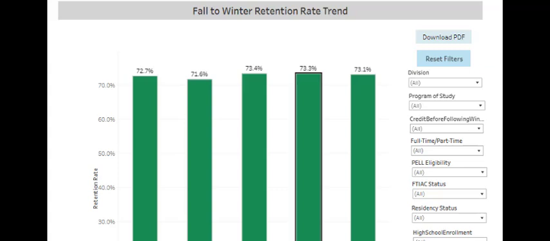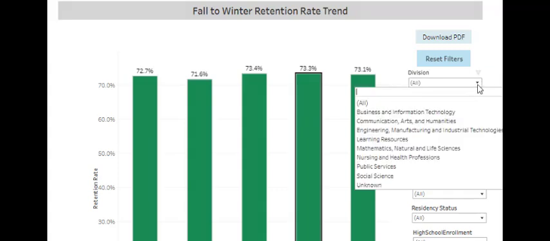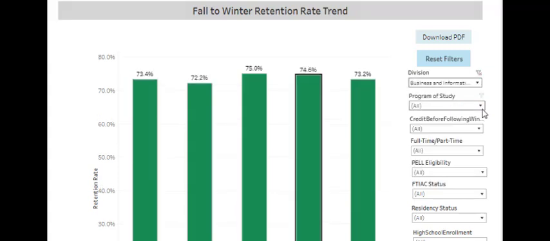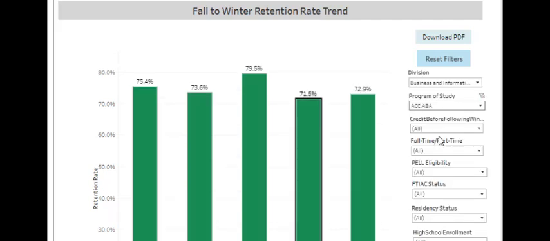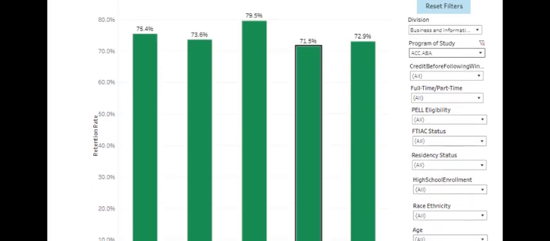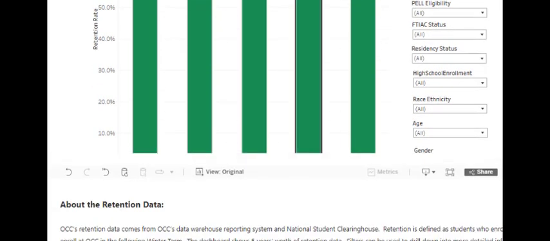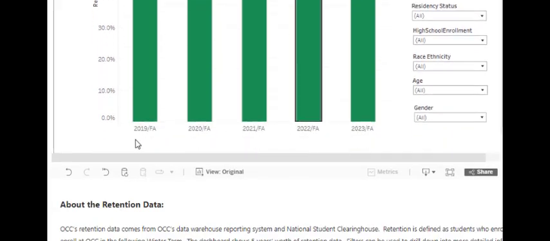You can filter the data based on division, program of study, and demographic factors like gender, race, ethnicity, etc. For example, you can select division as Business and Information Technology and program as ACC.ABA, which is Business Administration with a concentration in accounting,